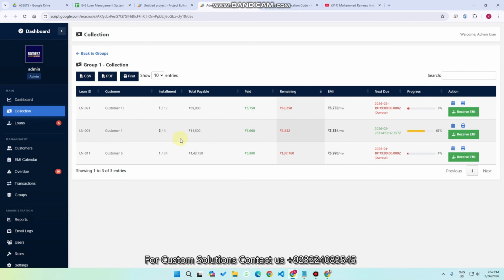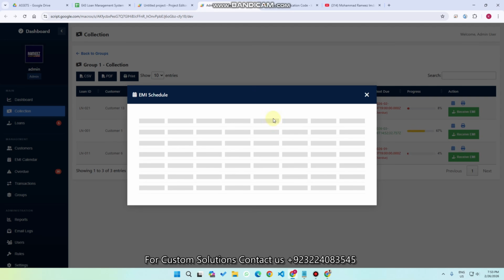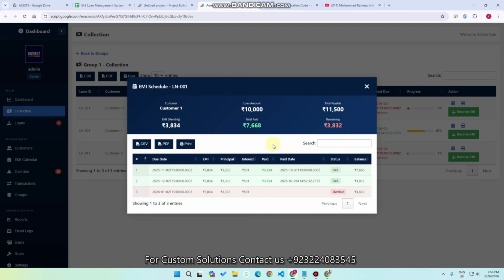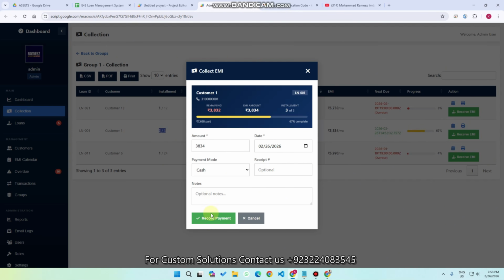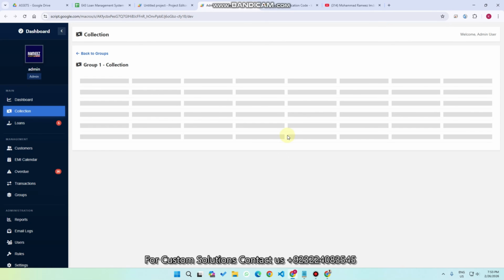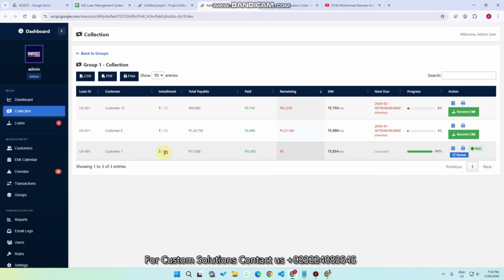And now you can see here we have two amounts, the total payables we have paid, but the remaining one is also available. When I click on this calendar, you can see here there are three installments, two are paid and one is overdue. If I want to make the third one paid also, I simply click on record payment. When I click on record payment, the payment is recording, and now we can see that 3 out of 3 installments are paid successfully and